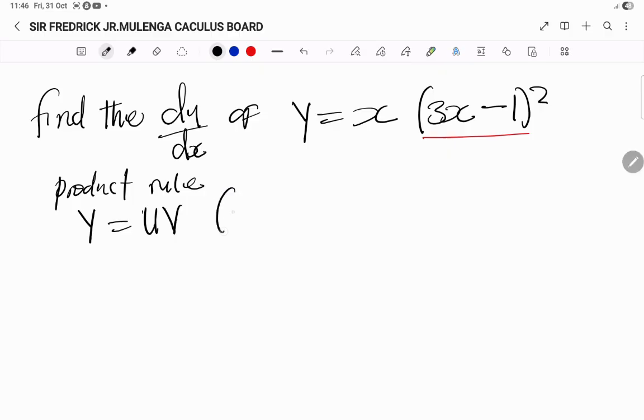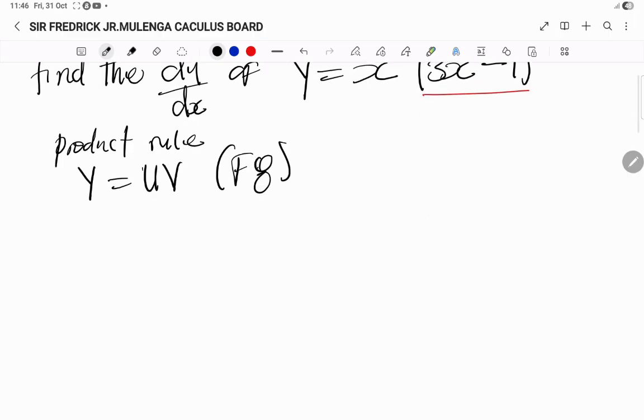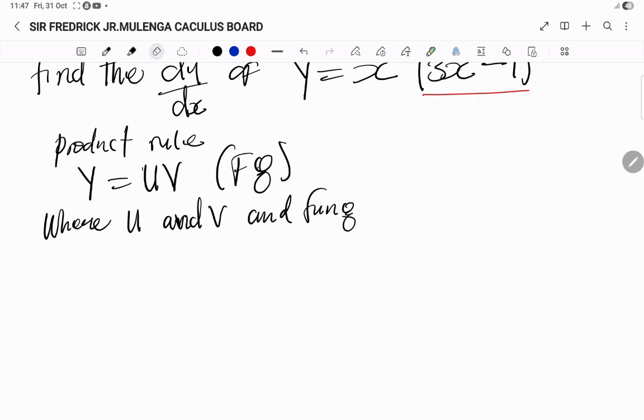Others use f and g. Where u and v are functions of x, then